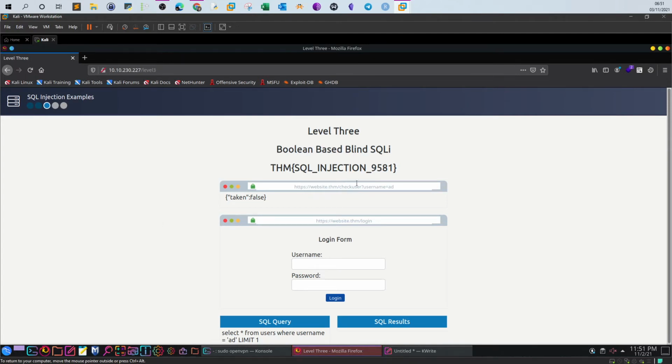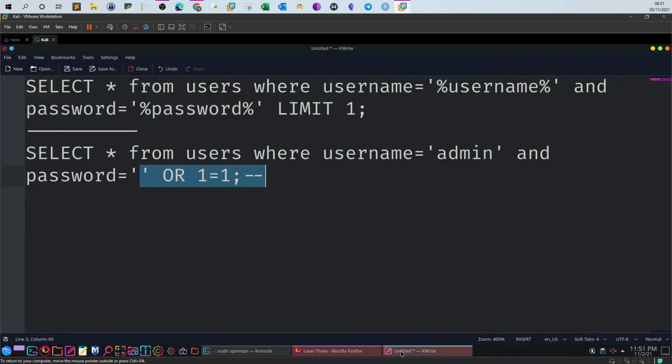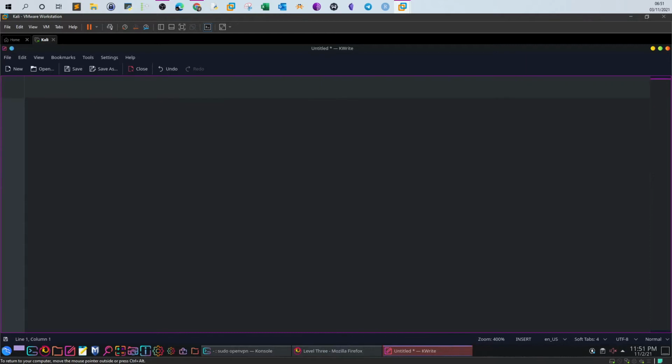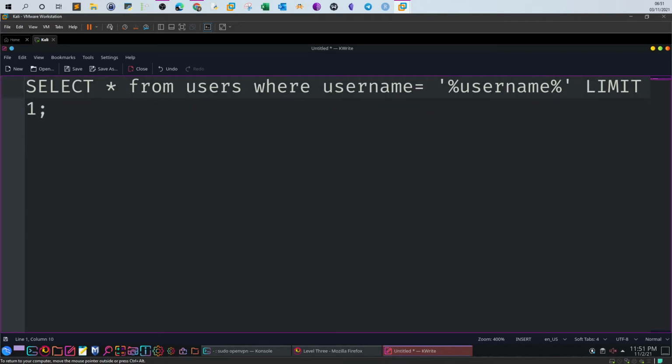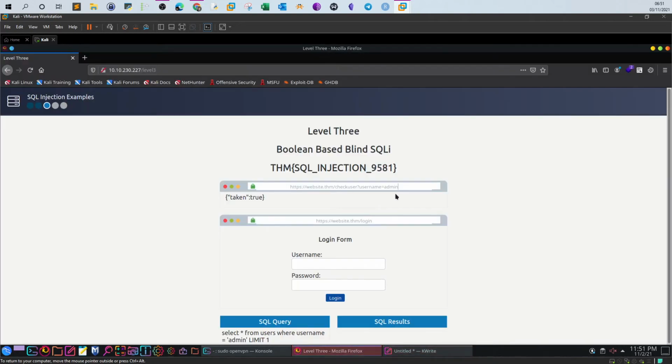So first, let's understand what is the corresponding query to this URL. So you go back. What's going on here is: select star from users where username equal to the supplied username, limit 1. That is the actual SQL statement that's getting executed